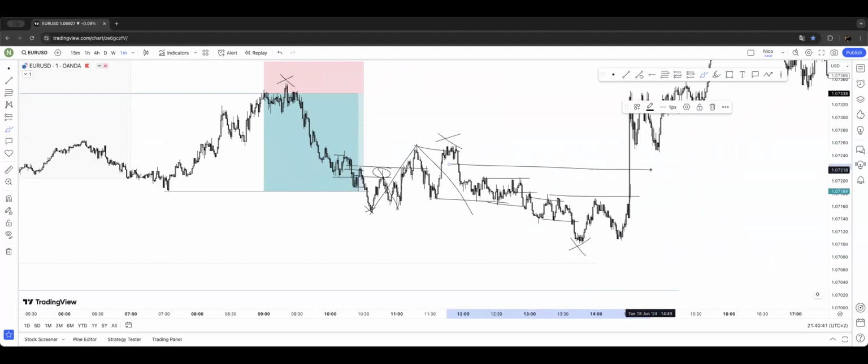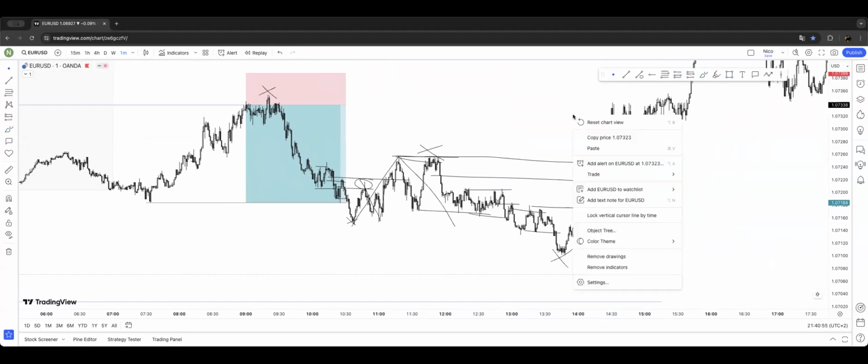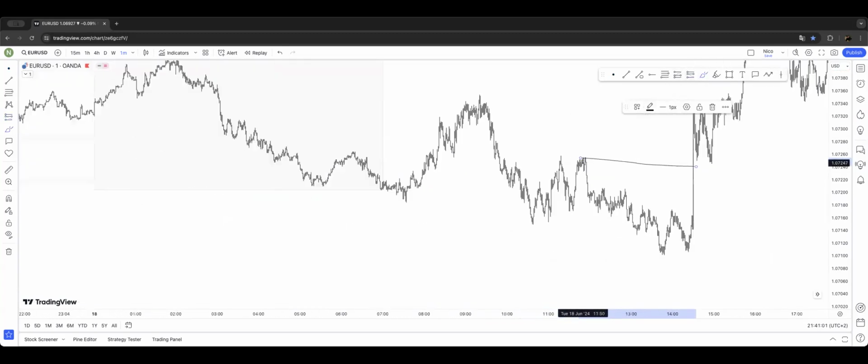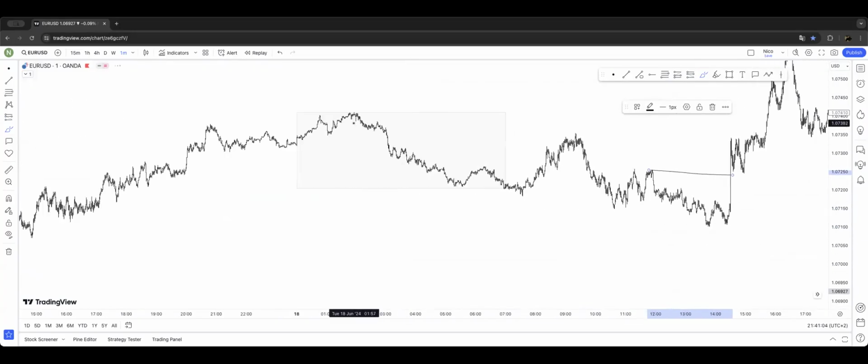Is it good to take a short? I mean, yes, but you have equal highs right here. So that wouldn't be my first choice to get a short. I would personally avoid it, because if you take a short right here, you're going into, let's say, a triple top right here. That's definitely not a good reason to get a short. But if now you see the price took out this high, now price took out a protected high, because here we have a lower high, a lower low, lower high, a lower low, and a lower high, obviously a lower low,